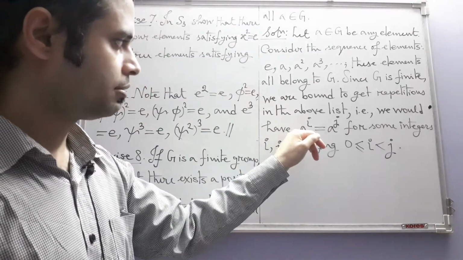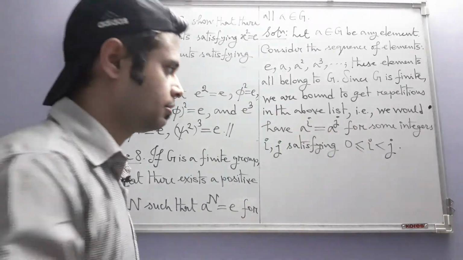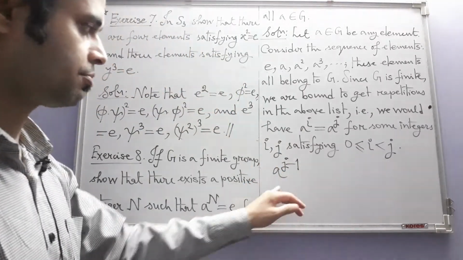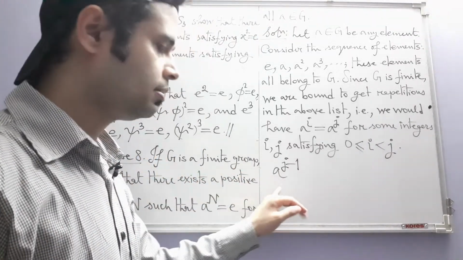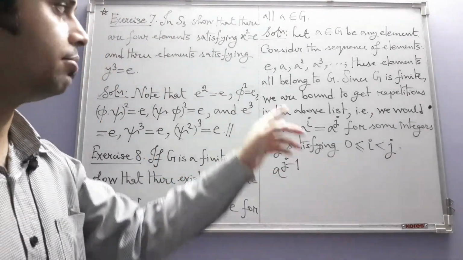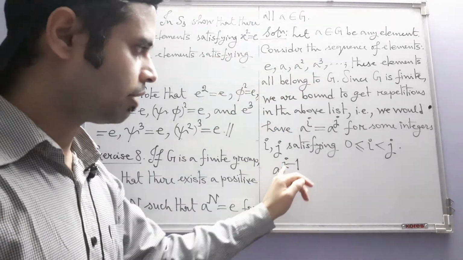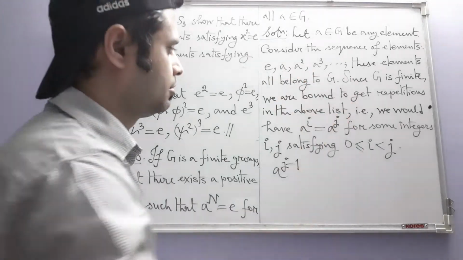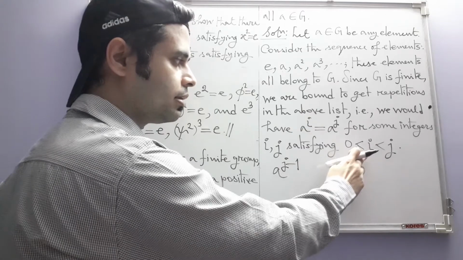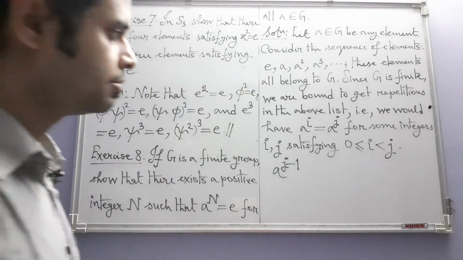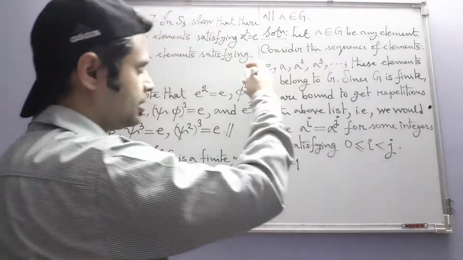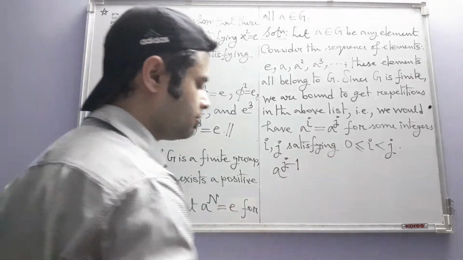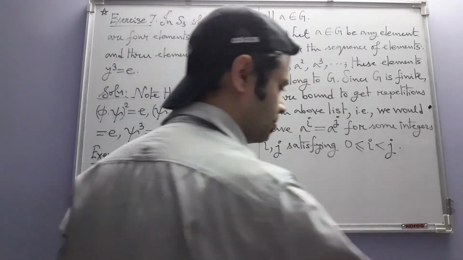That is, until you get to a to the power j, you have got till a to the power j minus 1. Starting from e, you have so far got j distinct elements among these powers. When you hit a to the power j, something from before comes up again, and that thing is a to the power i. So naturally i has to be strictly less than j, and all the integers appearing as exponents are non-negative integers, so all of them are greater than or equal to 0. This is bound to happen at some stage.